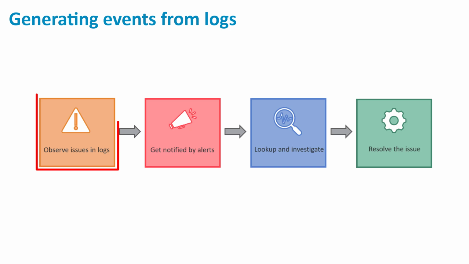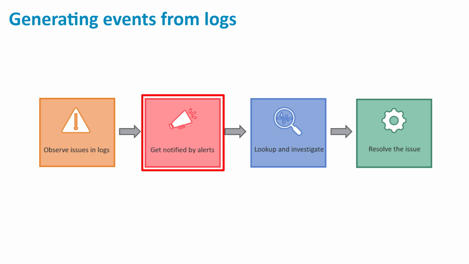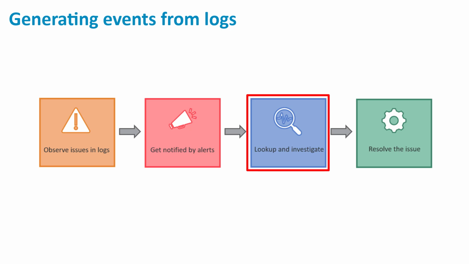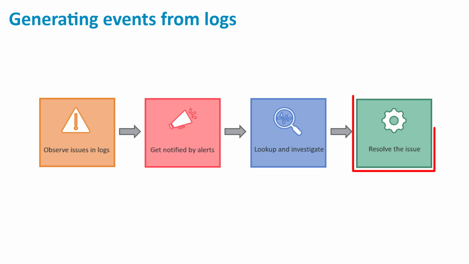You observe an authentication failure in the logs and want to be notified if it occurs in the future. You begin by creating an alert that identifies the log entry. An event will be generated at a future occurrence of the alert. When you get an event, you'll investigate the root cause in BMC Helix Log Analytics. Then, after you resolve the error, you can close the event.